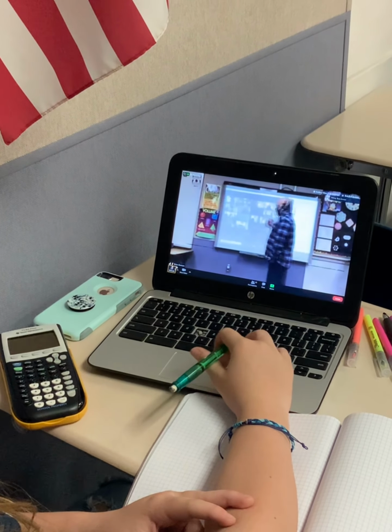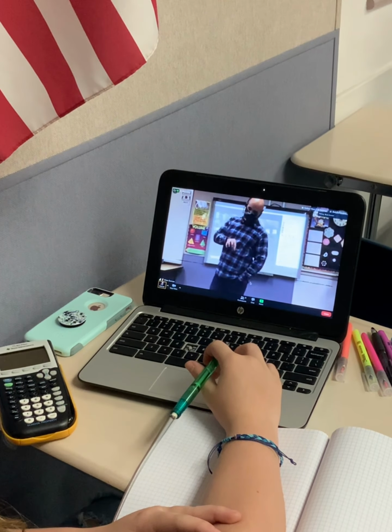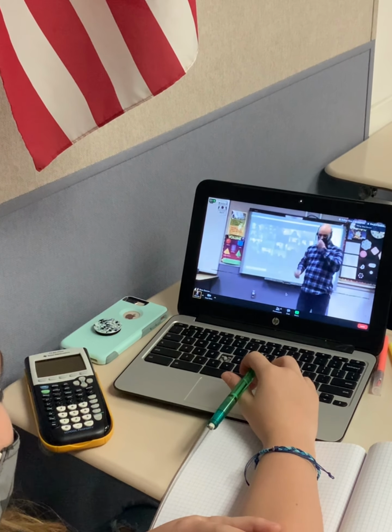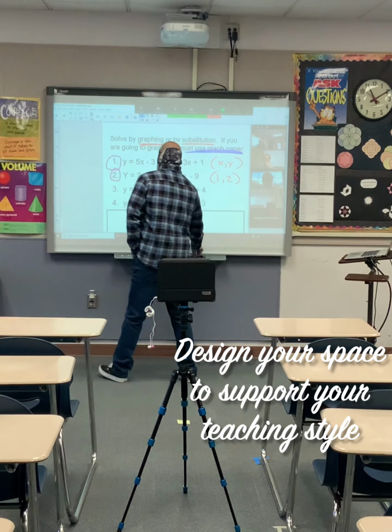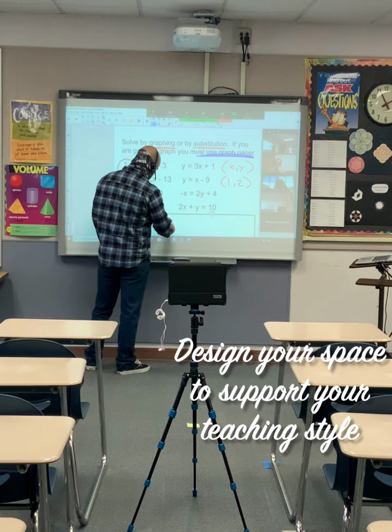Okay, so you're going to partner up with somebody, and Desmos is going to automatically pick that person for you, and you're going to see probably, say, 20 different graphs. Substitution. And remember, substitution is where you try to set them equal to each other if they're solved for y. So remember, if you have y